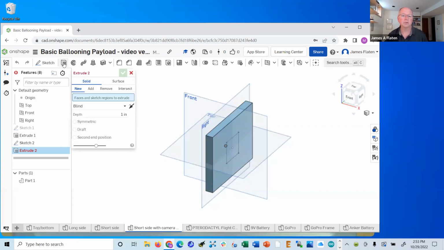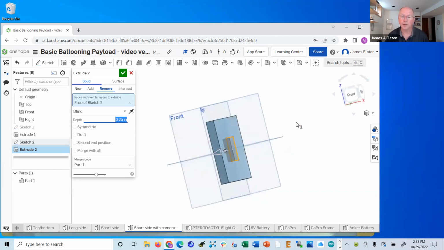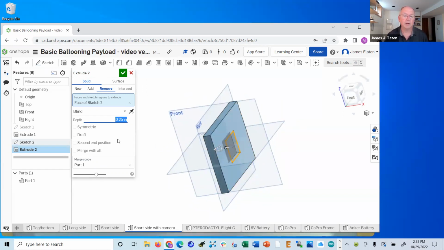So here is extrude, remove, not solid new, but solid remove. And that's what I want to remove, just that box right there. And it cut through. And so basically, it could have cut a full 1 inch. It could have cut less than 1 inch. In fact, for instance, just for fun, let me say if I cut 0.25 inches, notice that now it's only cut partway through, okay? What I really want to do actually is I want to cut all the way through,